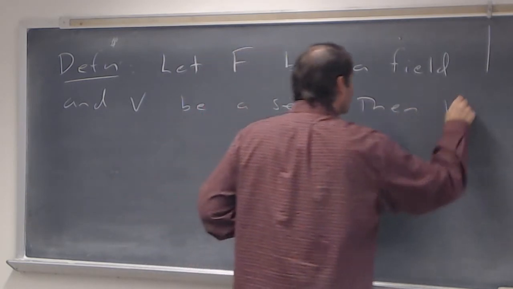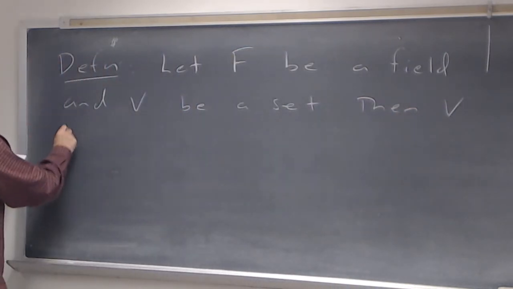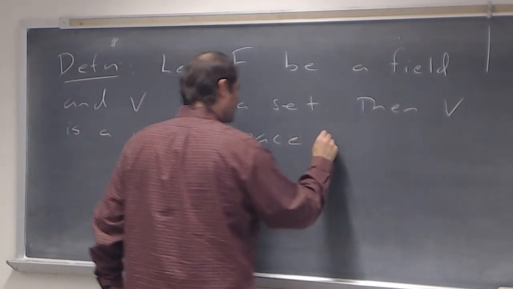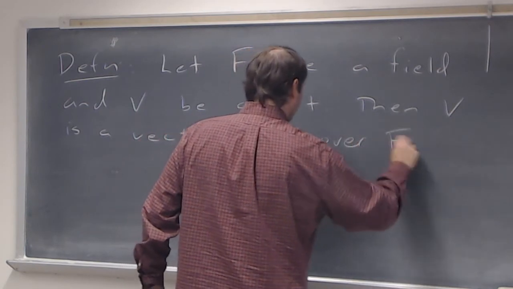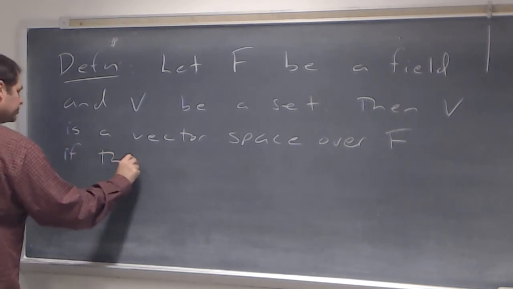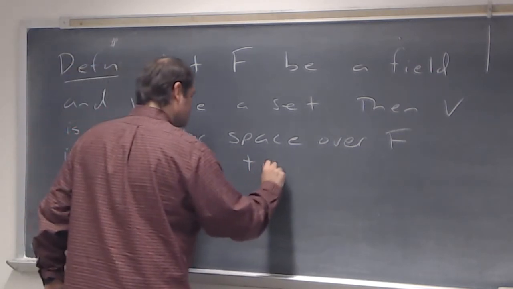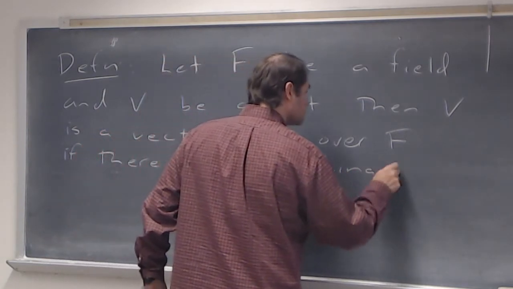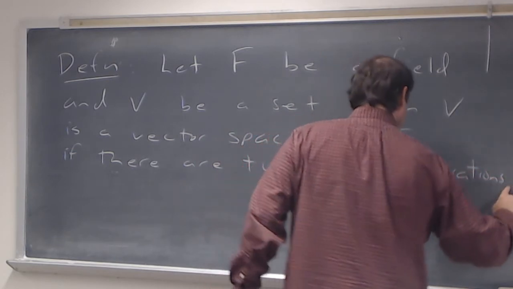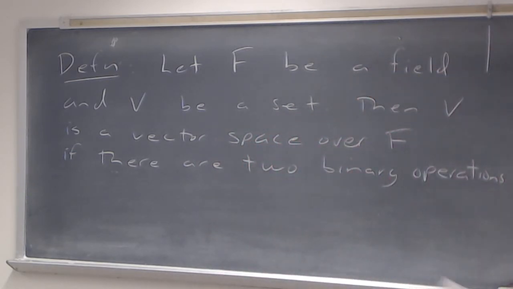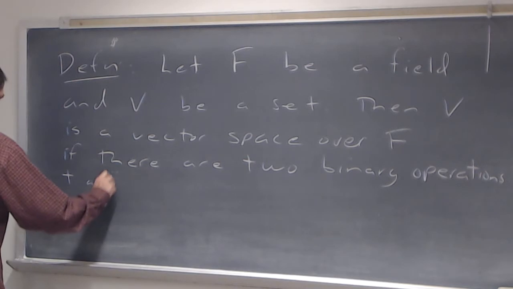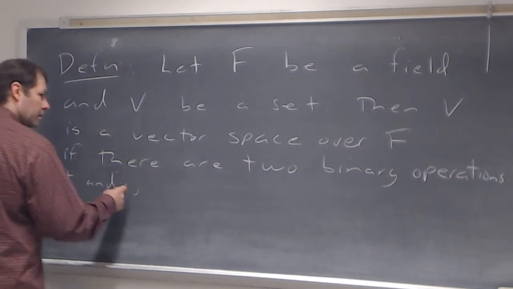Then V is a vector space over F if there are two binary operations, addition and scalar multiplication, such that